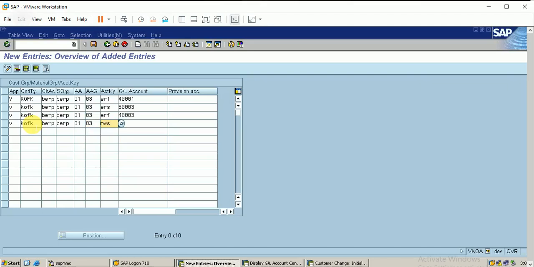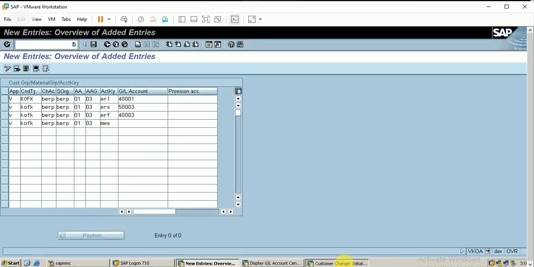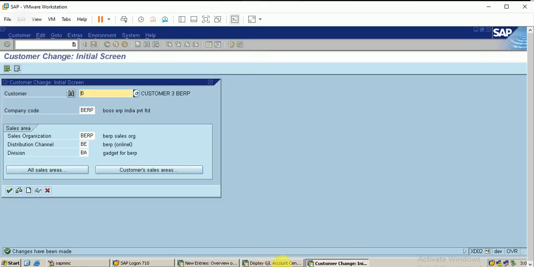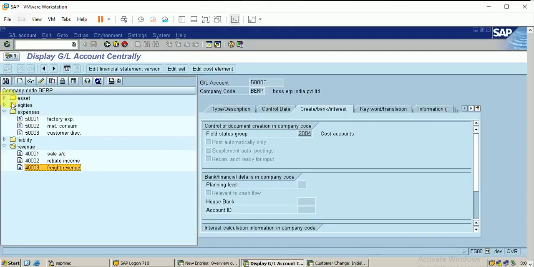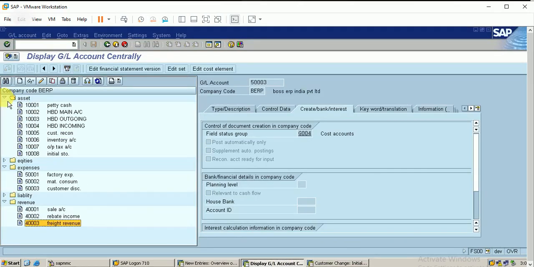So the key is MWS. I've created the account for output tax. Let me show it. It will be in output, the asset side. So this is the account. I have already told that I created these accounts in the tax configuration.